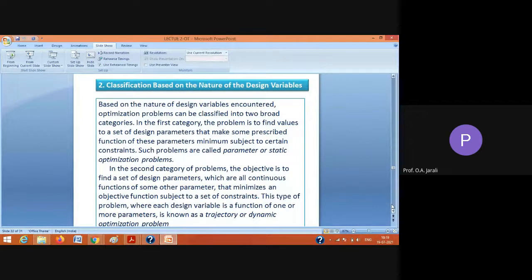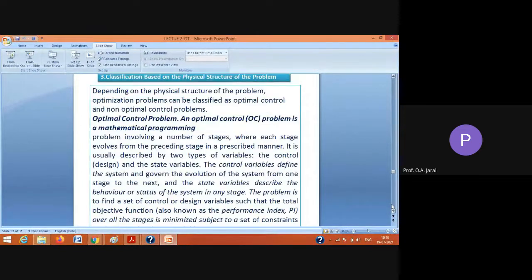In case of a static problem, the design parameters make some prescribed functions. And in case of the second category, the design variables are continuous functions of some parameters, means they are changing. Third classification: classification based on the physical structure of the problem. Depending on the physical structure of the problem, optimization problems can be classified as optimal control problems and non-optimal